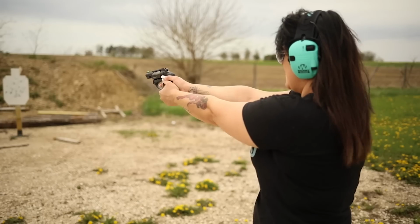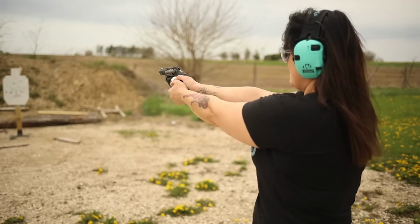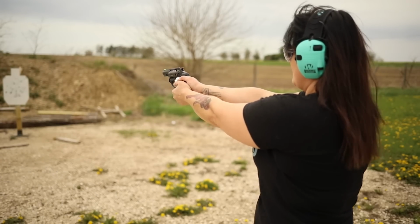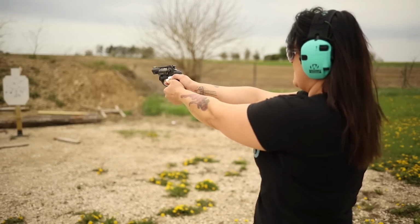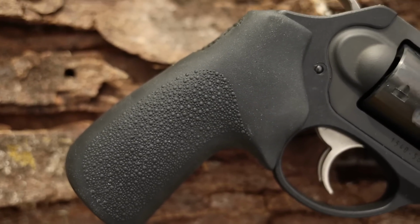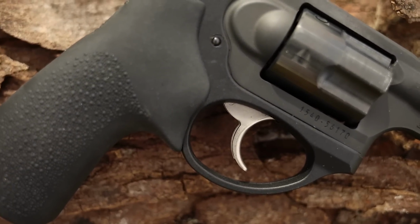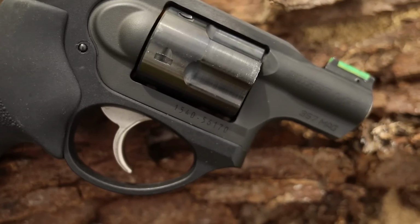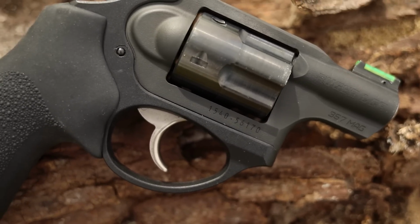Similar to the GP100, Ruger kind of kicks it in the revolver game, and they do it again here. It's a very lightweight, very compact, snub-nosed revolver with some features that personally I really like and allow me to get performance out of this gun that I can't really get with a lot of other firearms. The price on this gun is going to be around $500, which is pretty reasonable. The barrel length is going to be 2 inches, and the overall weight of this gun is going to be